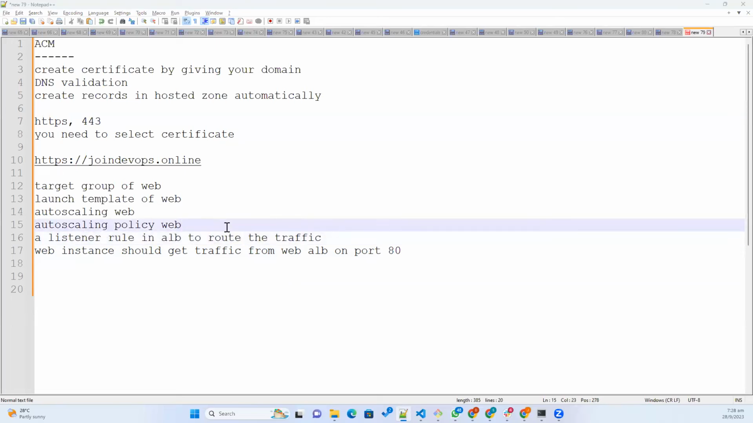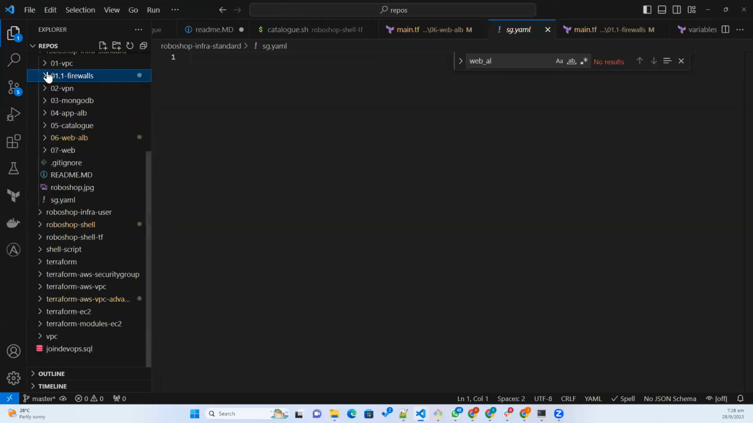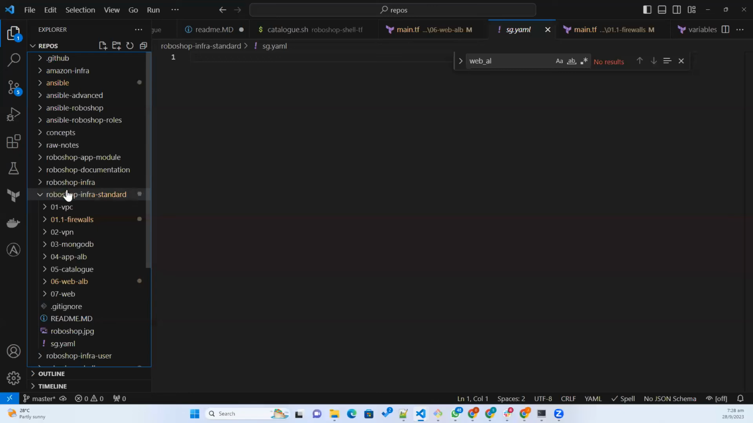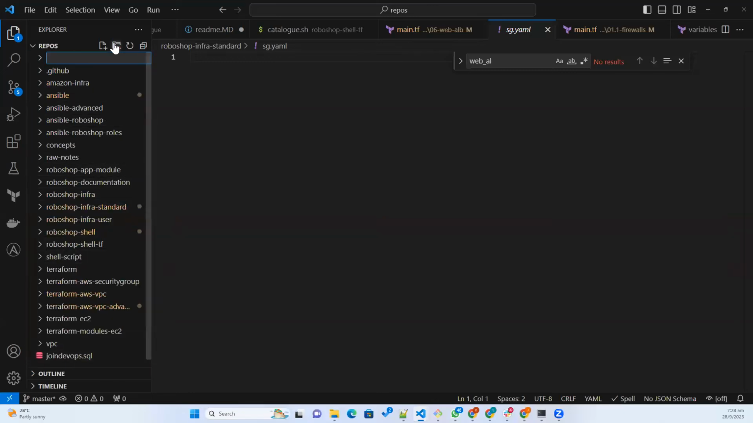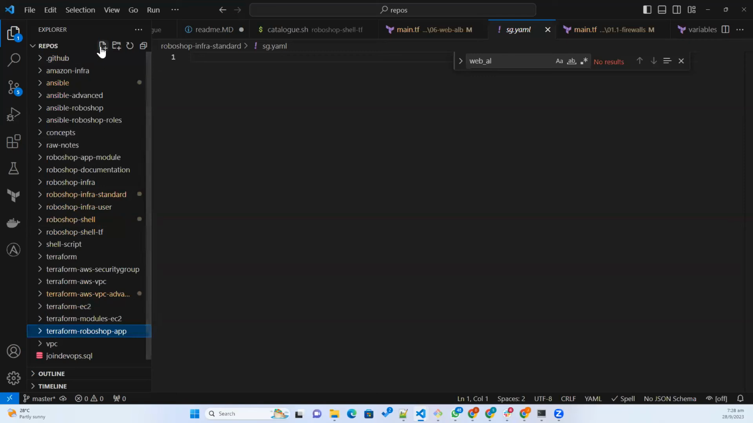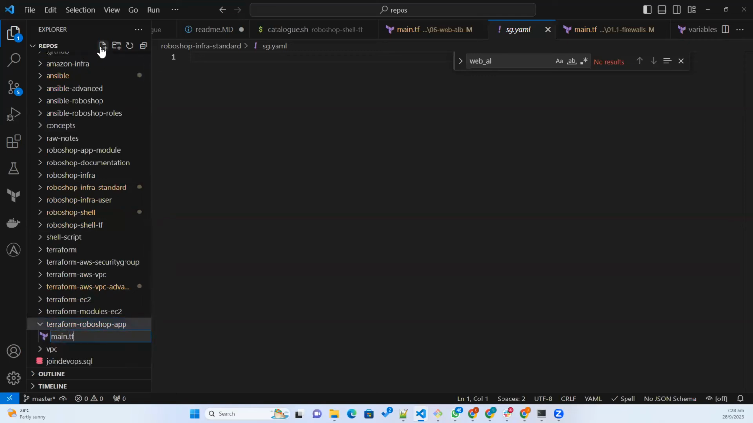So yesterday we created the catalog. Now what I'm going to do is create it as a module. The module name is terraform-roboshop-app. Here I'll create the module main.tf